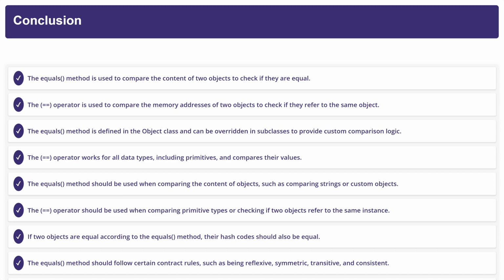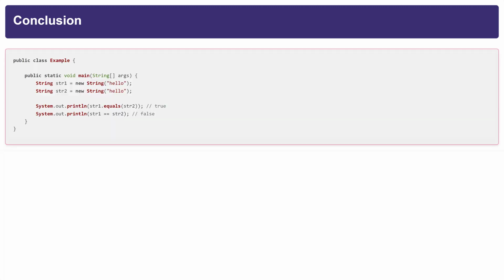The equals method can be used with collections, such as HashSet or ArrayList, to check if an object is present in the collection. The == operator cannot be used with collections, as it compares object references and not their content. In the example code, two string objects, str1 and str2, are created with the same content,